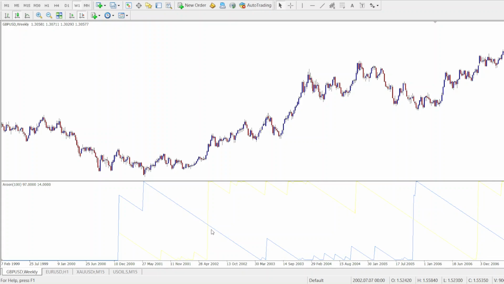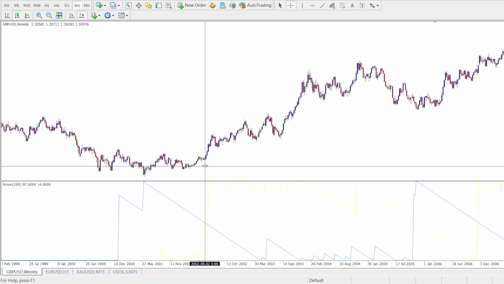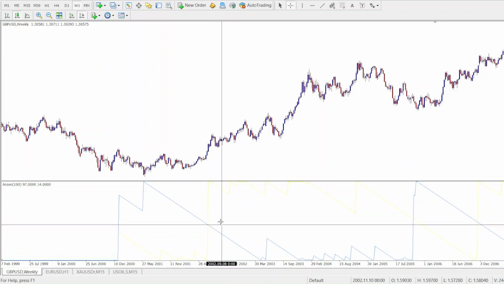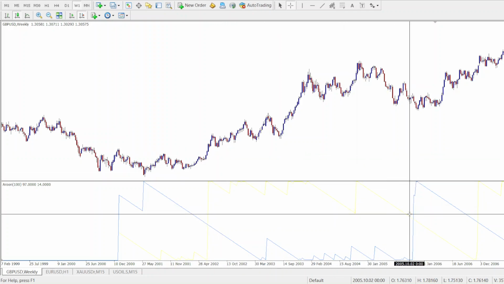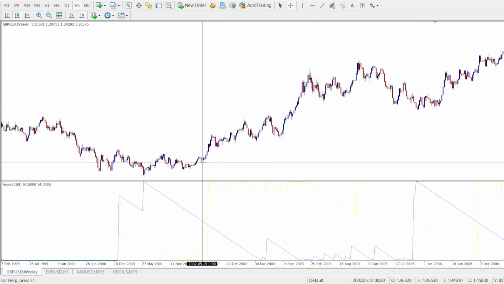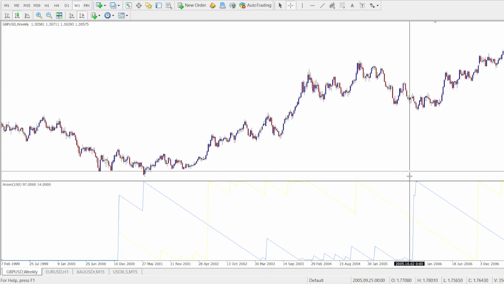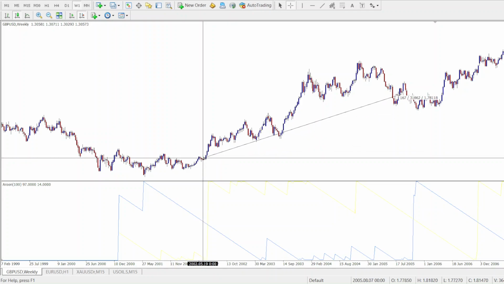Now we can see that when the yellow was pointing up, the strategy remains the same. After this cross happened, around here, the yellow was pointing up, the blue was pointing down. We would have entered the buy here. And remember that the exit signal is when the opposite happens. So we would have ridden this all the way up to this point, after this opposing signal happens. So we would have caught about